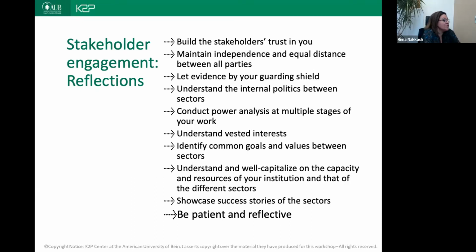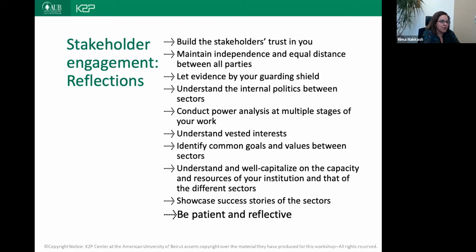When we engaged in the prevention of childhood obesity, one of our colleagues asked, who would be against promoting or preventing childhood obesity? Why would there be an issue, and why would that require advocacy? It seems like a very straightforward issue that policymakers and other stakeholders will buy into. In fact, it's not, and this is why it's very important to understand who has vested interests. Sometimes these are very exposed and you are aware of them, but many times those interests are hidden and it requires time to understand them.